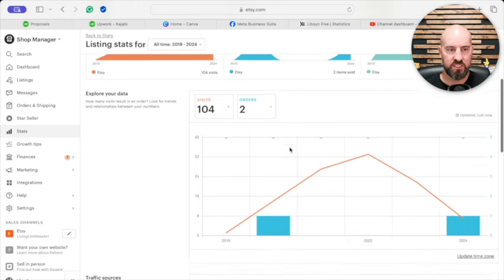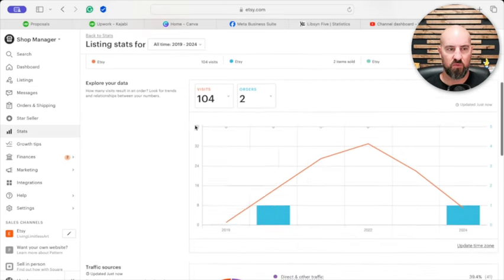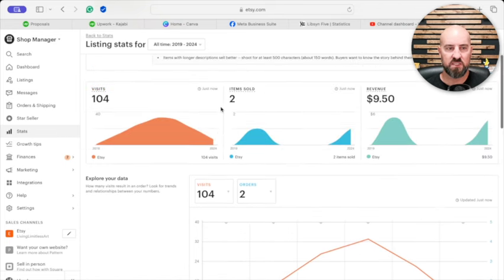So pretty decent there. Now you'll see the window, it's broken down by visits and orders here for the block of time. This stuff's good to look at as far as a snapshot, especially from the visit standpoint, because visits can tell us a lot about the listing and how it's performing. Again, how I look at it is from a conversion perspective, that's when I see when I'm going to make changes. That's why it's important to look at it on a longer block of time to see what changes you're going